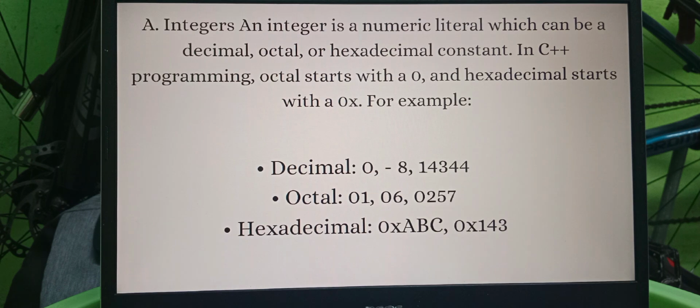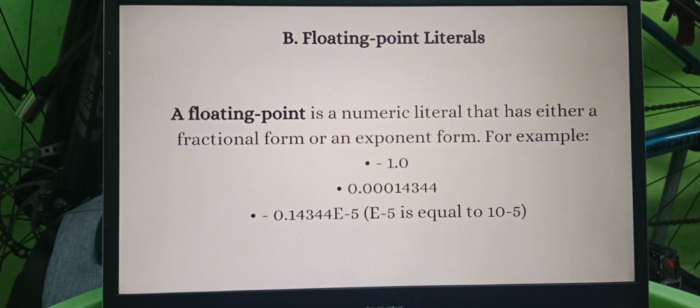A. Integers. An integer is a numeric literal which can be a decimal, octal, or hexadecimal constant. In C++ programming, octal starts with 0 and hexadecimal starts with 0x. For example, B. Floating point literals. A floating point is a numeric literal that has either fractional form or an exponent form. For example,